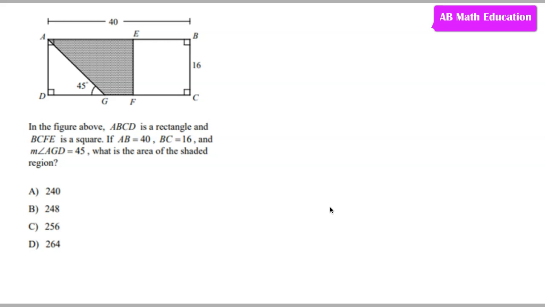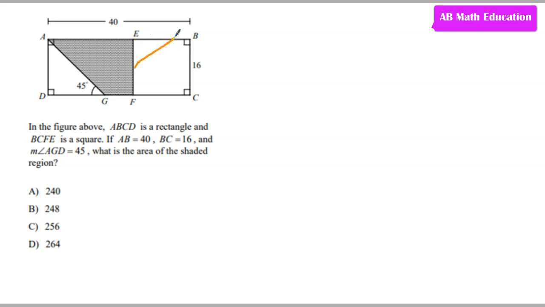Today we are looking at this rectangular shape over here, and we want to find the shaded part of it. This is part of the SAT questions. We are giving you all the hints, the tips, the secret, and the fastest way of solving it to get your maximum points. Here we know that from A to B is 40, and BC has been given to us as 16,